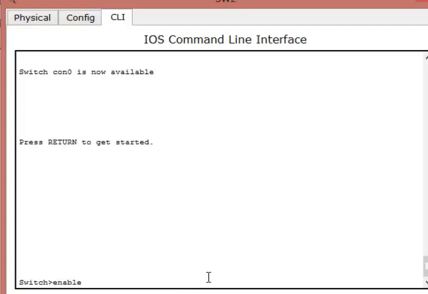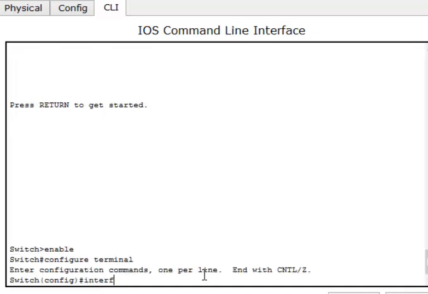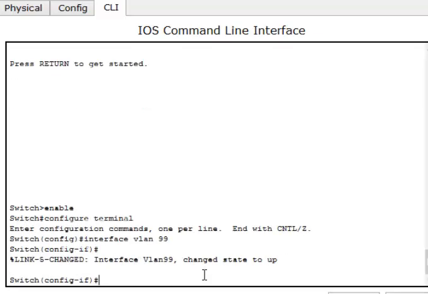We'll be going to switch 2. Type enable, configure terminal, type interface, same as we do on switch 1, interface VLAN 99, IP address 172.17.99.12, 255.255.255.0, with a different IP address, of course.